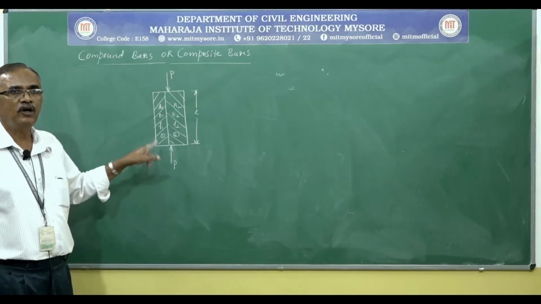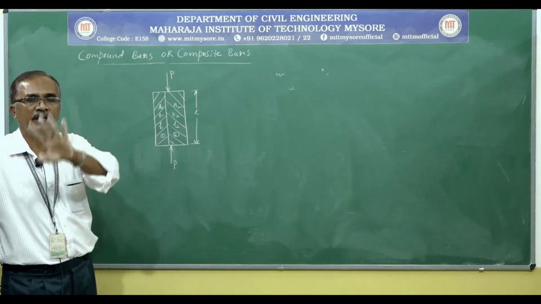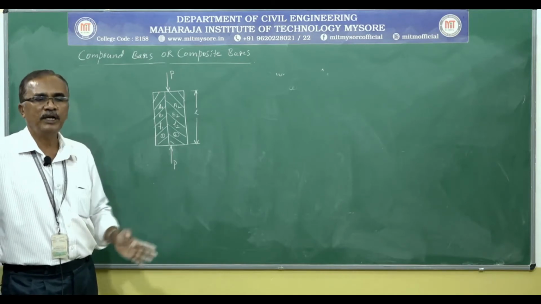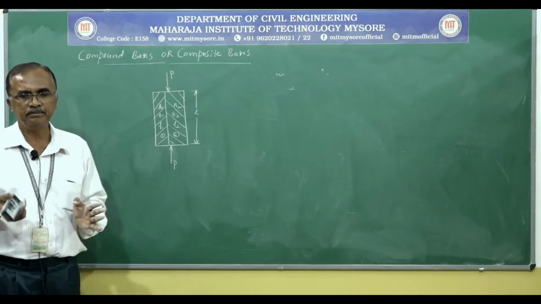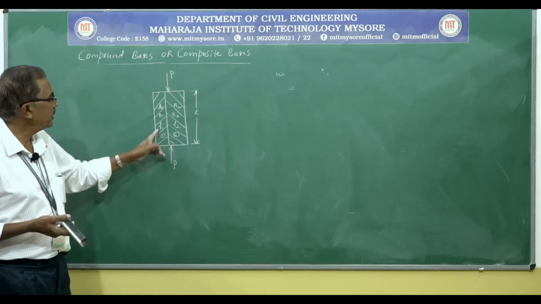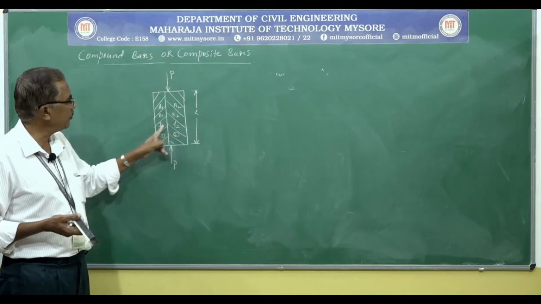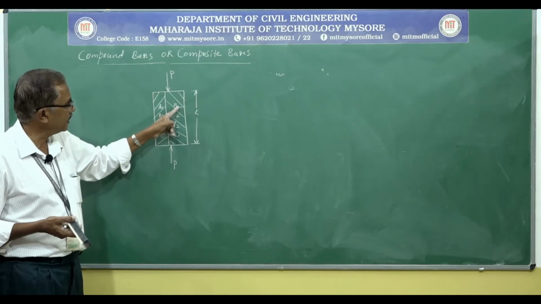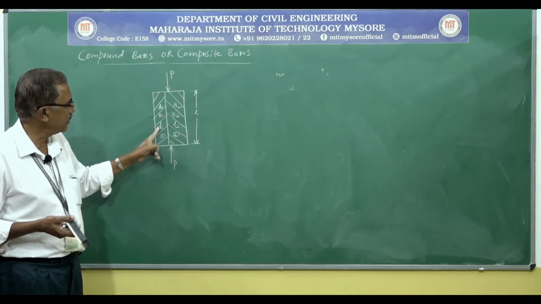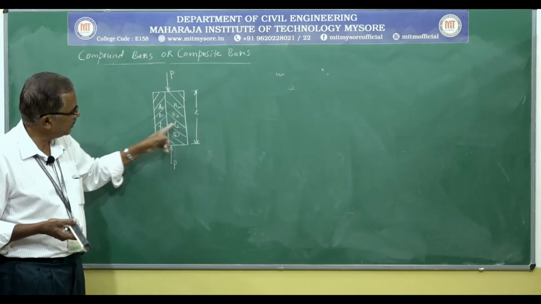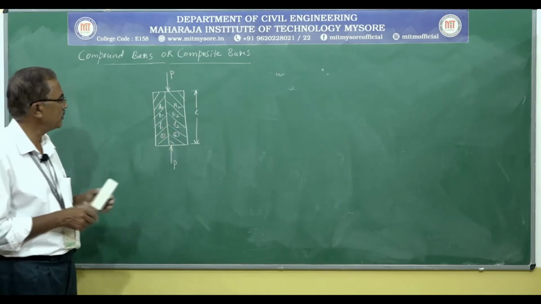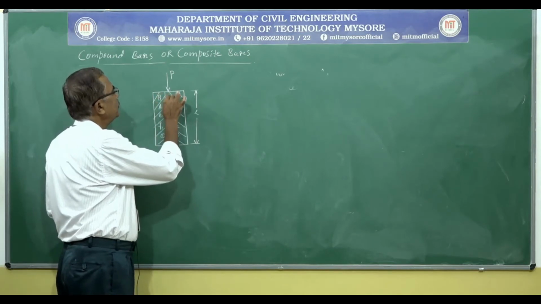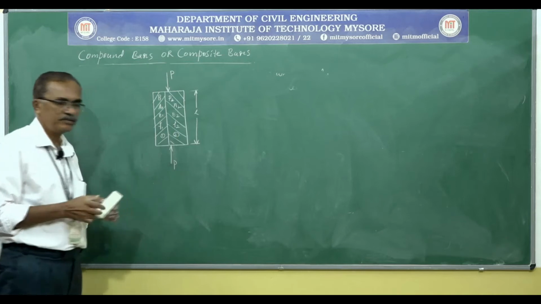As we already discussed, a compound bar is one which is made up of two or more materials. The materials of the bars are held firmly together so that they cannot be separated. So this compound bar is made up of two materials. The cross-sectional area and Young's modulus of the materials are given, and again I have written in advance F1 and F2 as stresses induced. Then we can also write P1 and P2 for later reference.